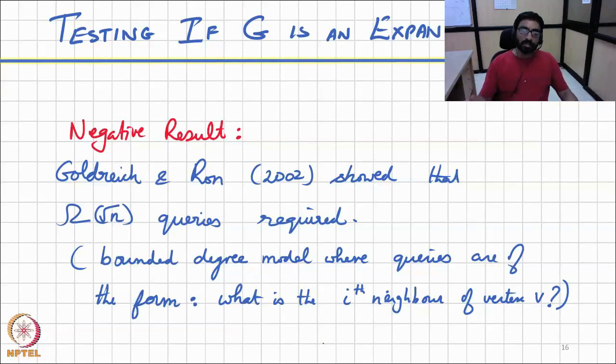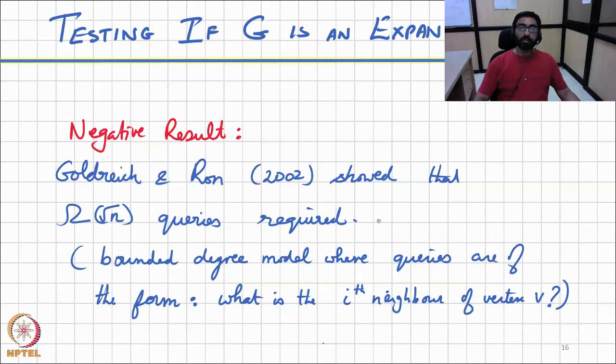So you can use these queries to perform random walks, because you can go from one vertex v to a neighboring vertex uniformly at random, and so on and so forth. So it's perfect for random walk based algorithms. But even under this model,